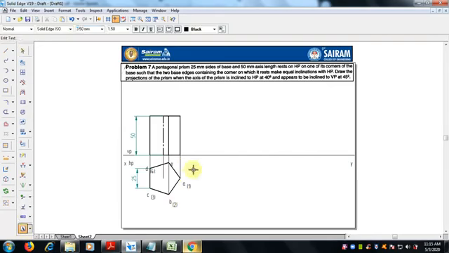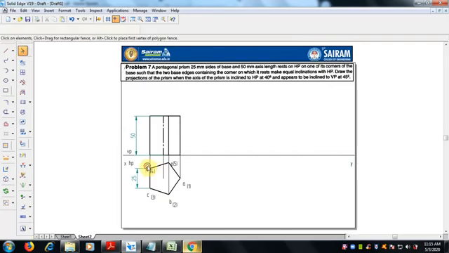Whatever notation you give is no issue, but for continuity, we will give A, B, C, D, E in order.